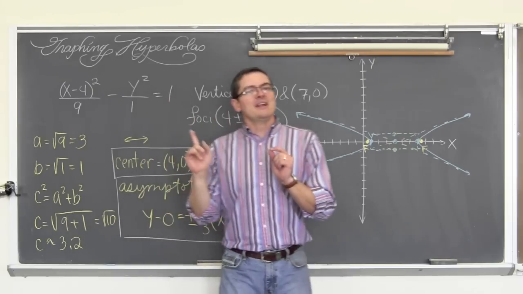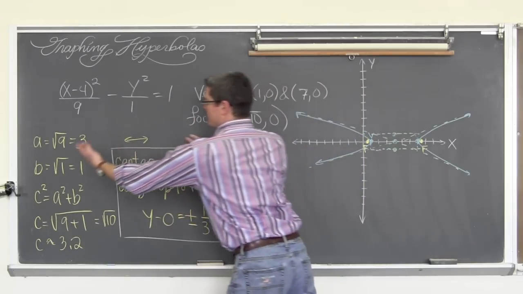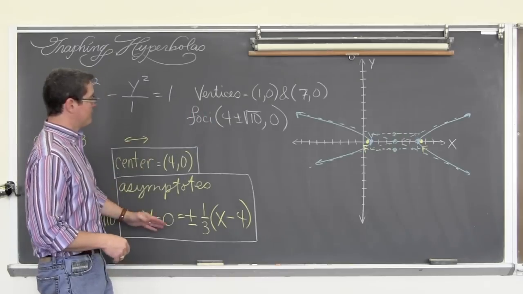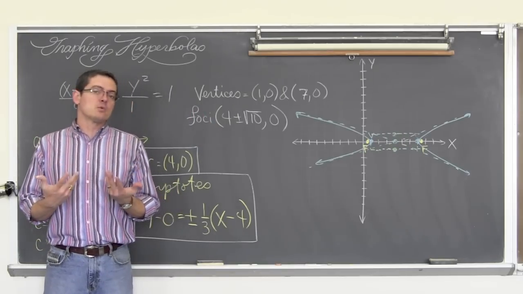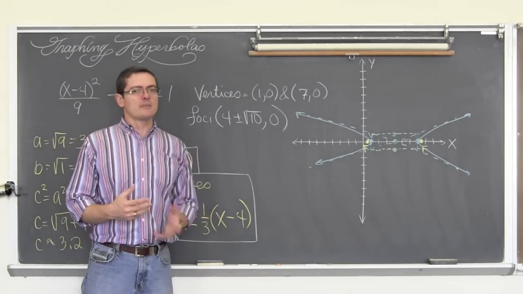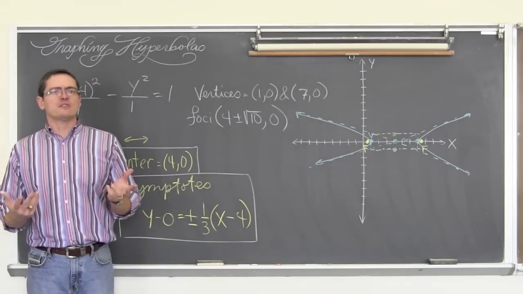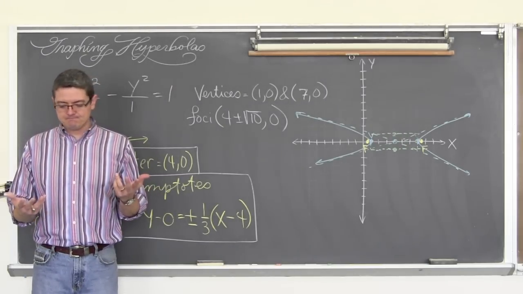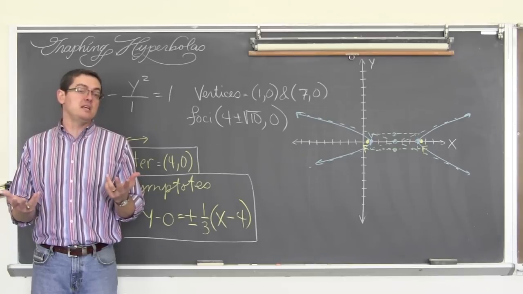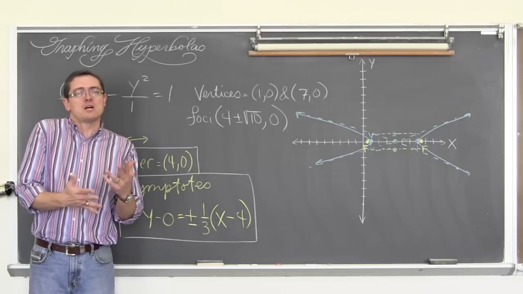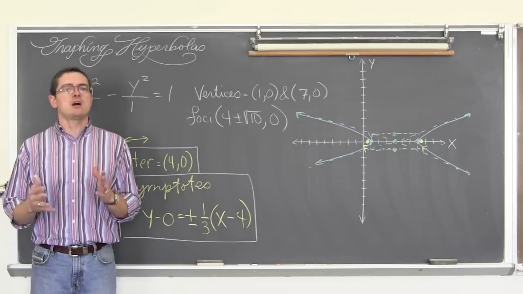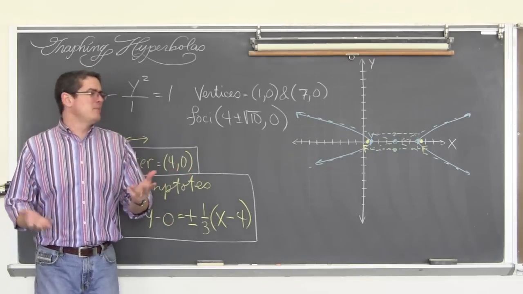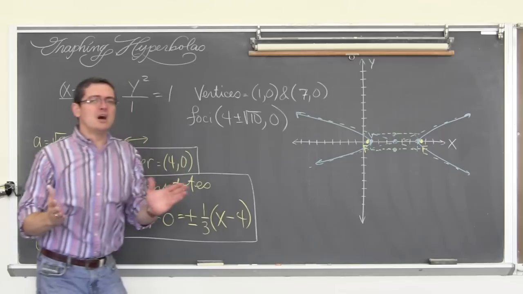Now we're done. And as a comment here, as I looked at this information of a, b, and c, I drew the picture and came up with all the important information. I'm very visual, so you might have noticed that I didn't say the focus points are, oh, I don't know, h plus or minus c, comma, k when it's horizontal, and h, comma, k plus or minus c when it's vertical. I mean, if you draw the picture first, don't we know how to plot points?